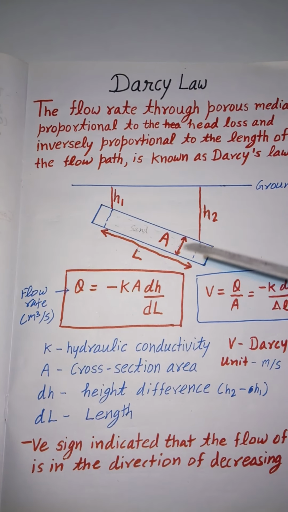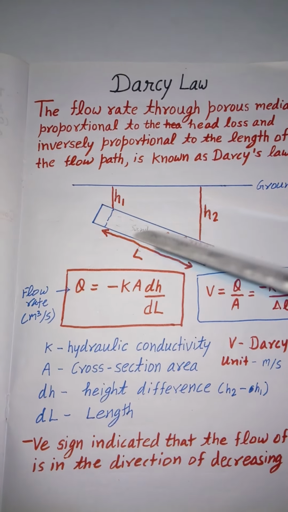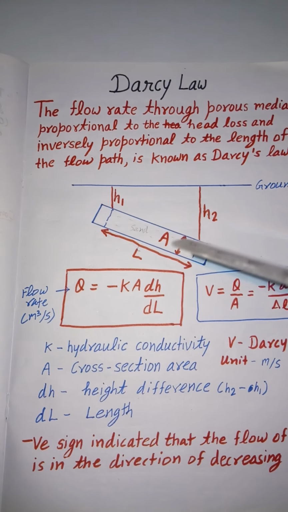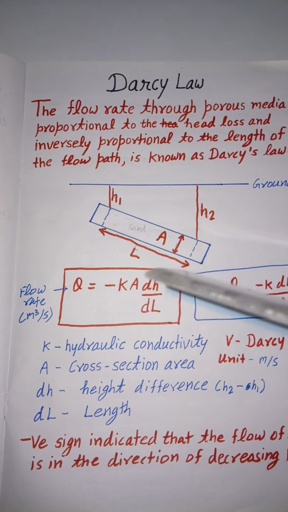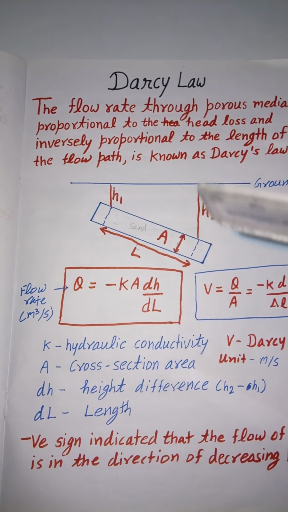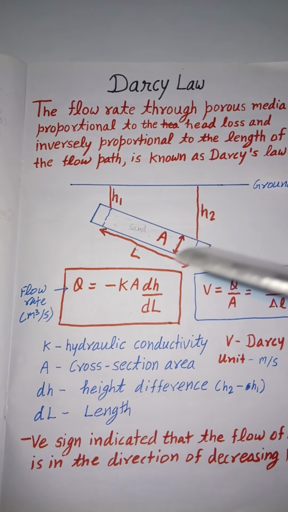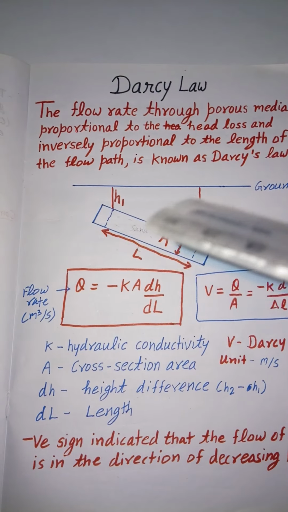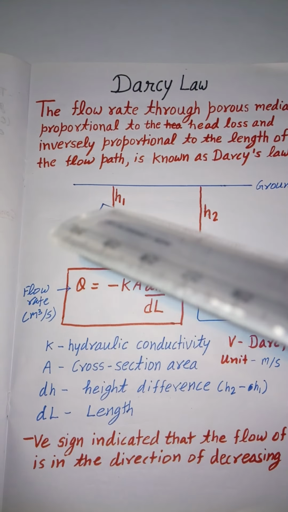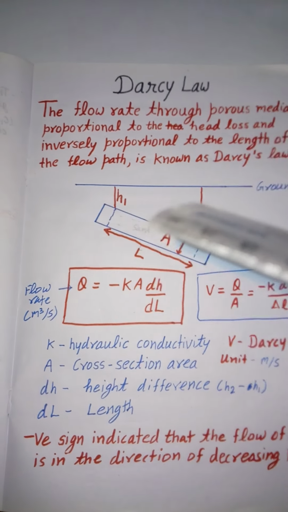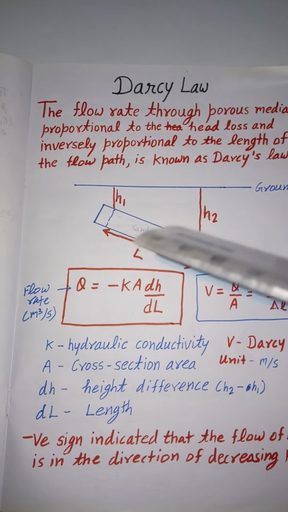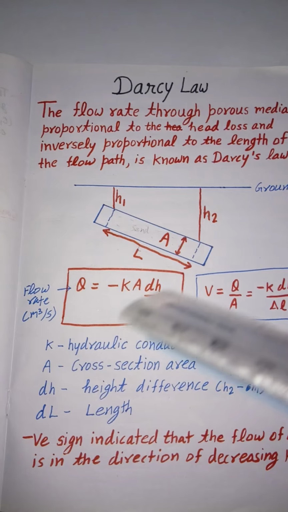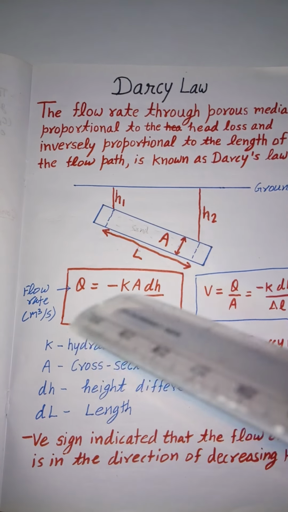If you increase the slope of this pipe, if you hang it at a steeper slope, then obviously the flow rate would increase. And if you hang it at a gentler slope, if the h2 and h1 difference is very low, then the flow rate would be less. So he found that flow rate is directly proportional to the head difference,